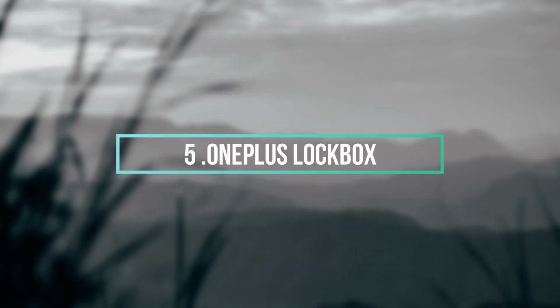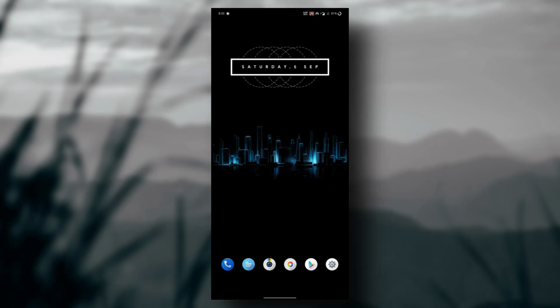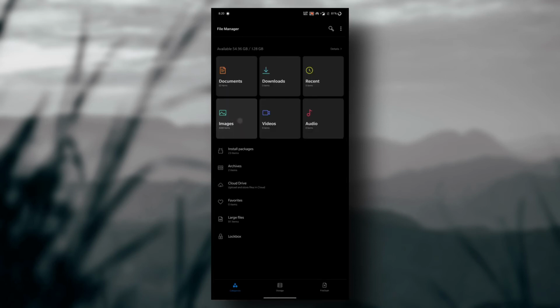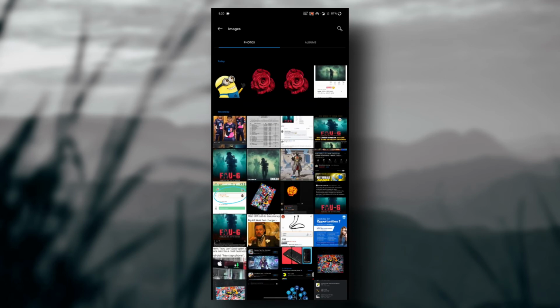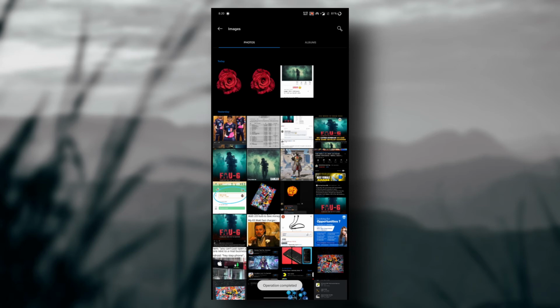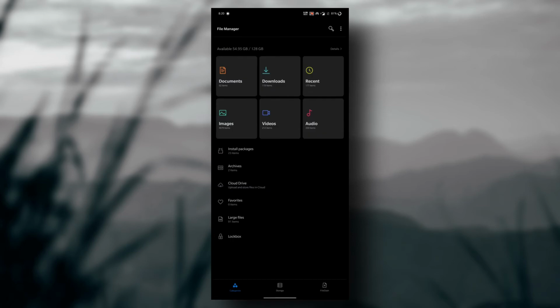Our next is OnePlus Lockbox. In Lockbox, you can lock your personal documents or pictures, so nobody can see them. To enable Lockbox, you have to open the OnePlus File Manager app, then select whichever documents or photos you want to lock, then click on the three dot option in the upper right corner and tap on move to Lockbox.